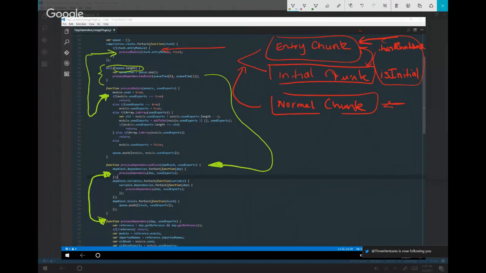So what we're going to see here is a property called usedExports, which lives on the module object, and then also used. And that's the property we went through and set all to false. So we can basically just say,